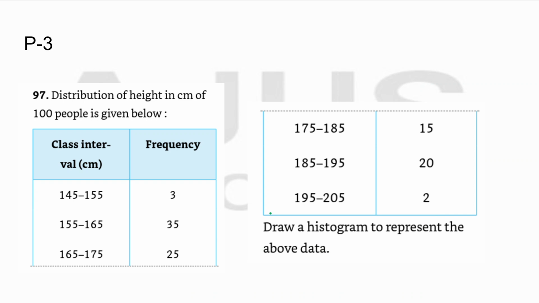Okay, let us solve this problem. Distribution of height in centimeters of 100 people. The distribution curve is given, data is given. Now we have to obtain the histogram. Now if you see this here,